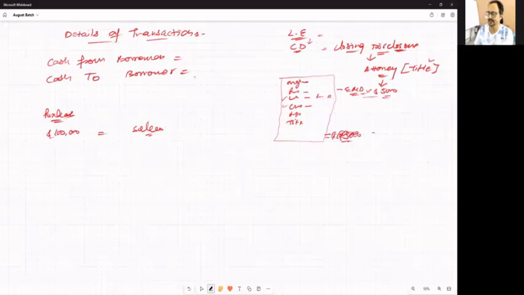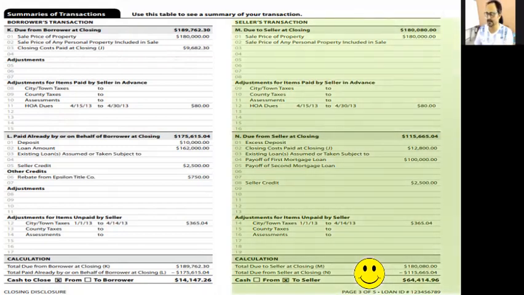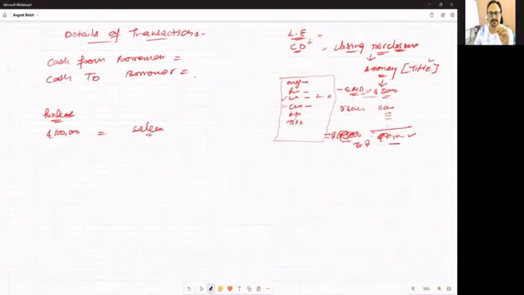Then there is a possibility the seller might say that I will pay the taxes, I will pay some other closing cost as well. So accordingly, all the money will be deducted from here, and whatever the total money at the time of closing, at the time of funding, needs to be paid, that is going to appear as exactly the same amount with all this breakdown, whatever already paid, right, on the CD document. Right. So whatever is going to be on the CD, the closing disclosure,